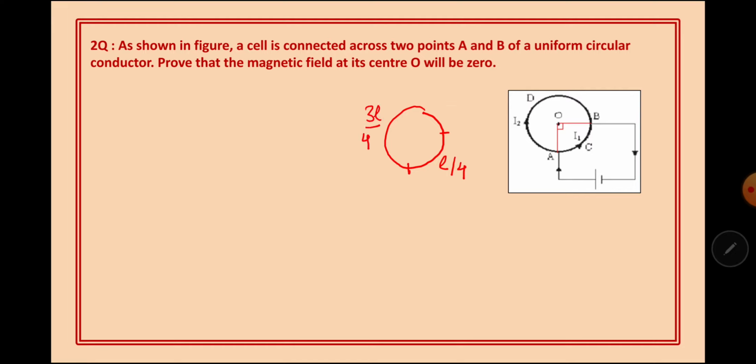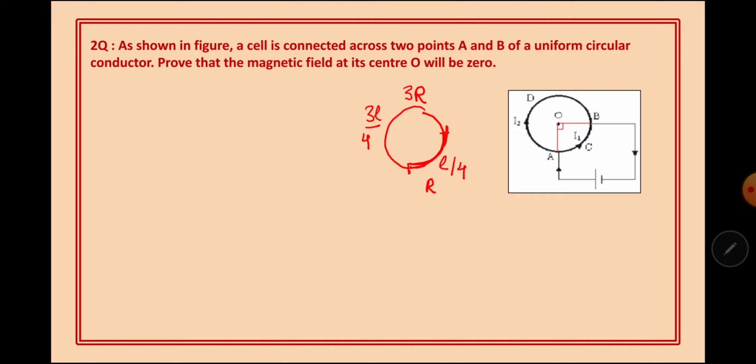So this we have learnt that one part has got a longer length as compared to the remaining part, therefore its resistance will also be larger. We know resistance is rho L upon A. So resistance will be directly proportional to length. That means to say, if I consider the resistance of this part of the wire to be R, then resistance of the remaining part will be 3 times that resistance. So that is what we have learned.